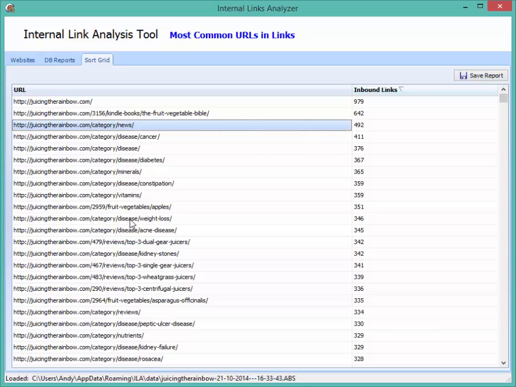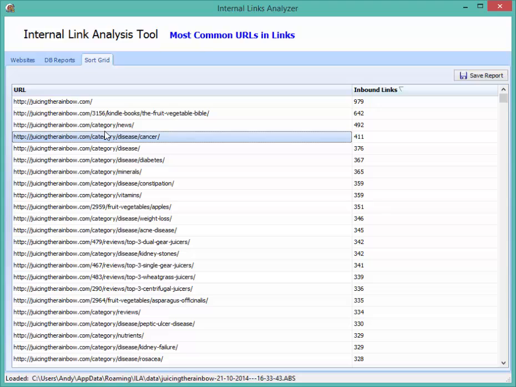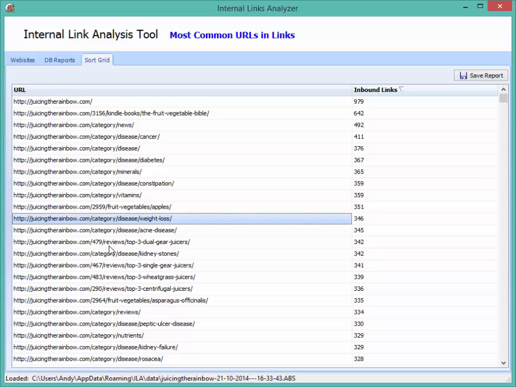The problem is, I can understand why this is happening. It's because these are in the navigation system, so that pretty much all pages link to these category pages. So we're going to see large numbers of links to them. Maybe I need to have a look and see why these aren't at least as high. They're not too far off. I mean, we've got to the news, we've got 492, and then these drop down to 400, 360, 370, and the reviews themselves, where's the first one? Here, 342, 41, 39, 36. So we're almost there, but maybe I can find a way to try and boost